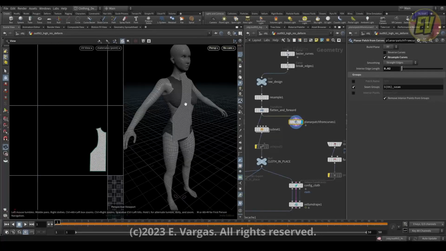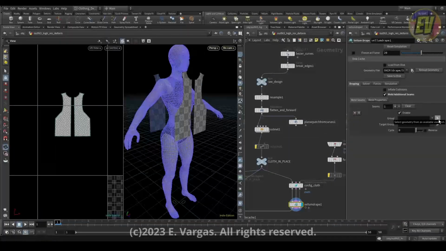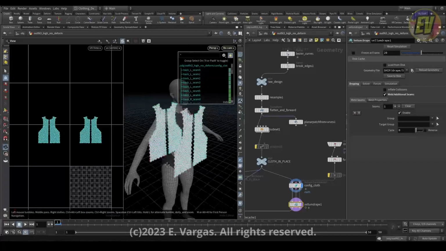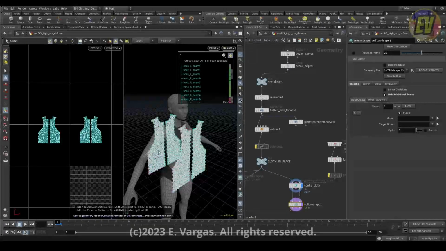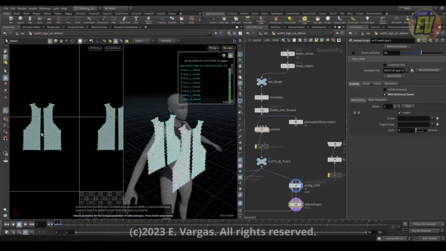in the Vellum Drape. But let me add another one. So I can click here to add. I can select. It doesn't matter. I can select in the viewport 3D or the UV layout. It doesn't matter. I usually select here in the UV because it is easier to select. Okay,